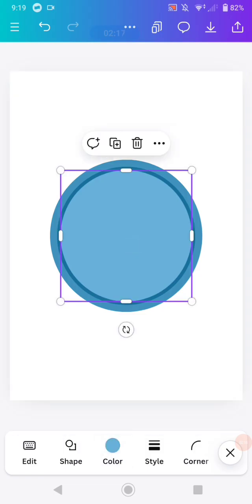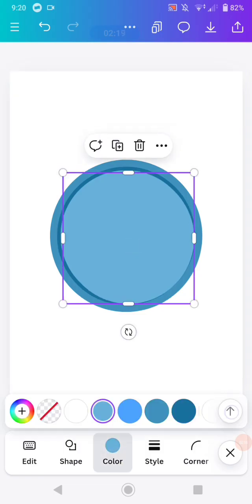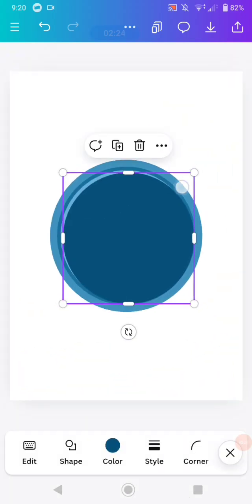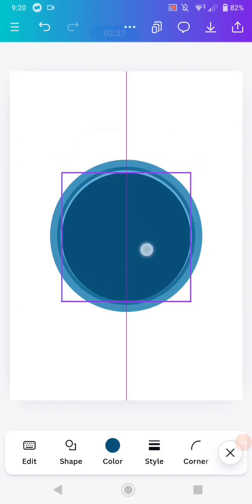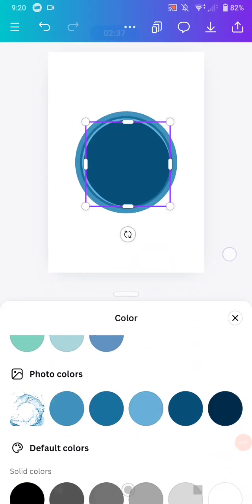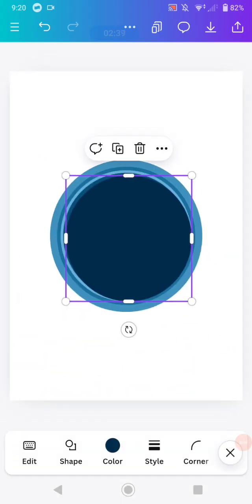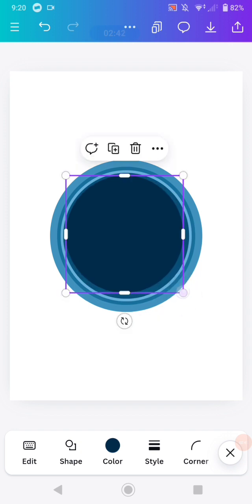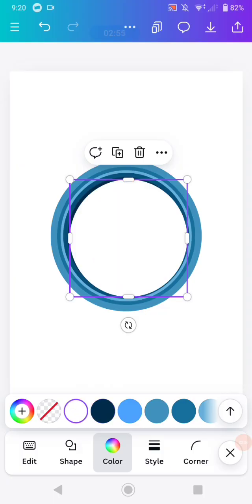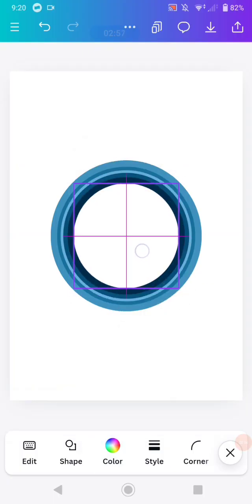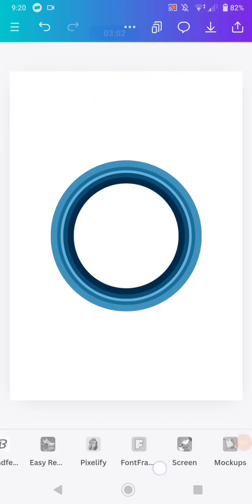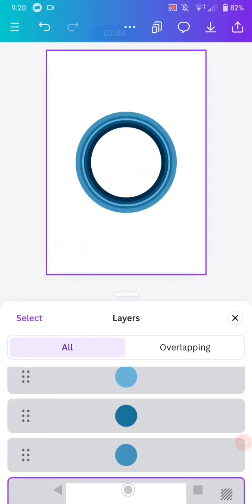then click the shape, duplicate it. Now adding the color one more time, adjust the size like this, positioning like this, duplicate it one more time, change the color for the last one, decrease the size like this, and for the last part duplicate it one more time and then change the color onto white color. After finishing, now this is the shape that we will use on the first page